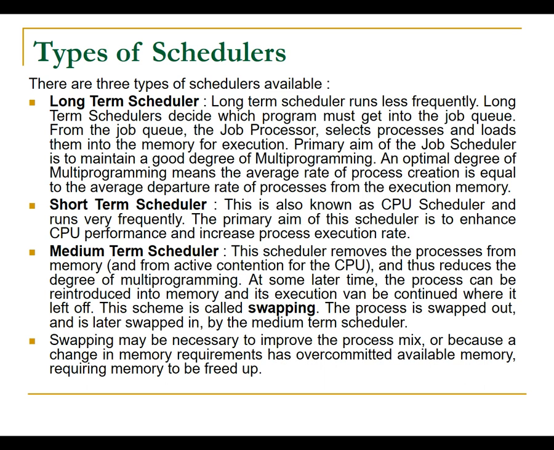In an operating system there are three types of schedulers: the long term scheduler, the short term scheduler and the medium term scheduler. We are going to discuss all three one by one, but one common thing in all these three schedulers is the swapping of processes from ready to running. All three schedulers work for that purpose only. So let's see what the long term scheduler is.